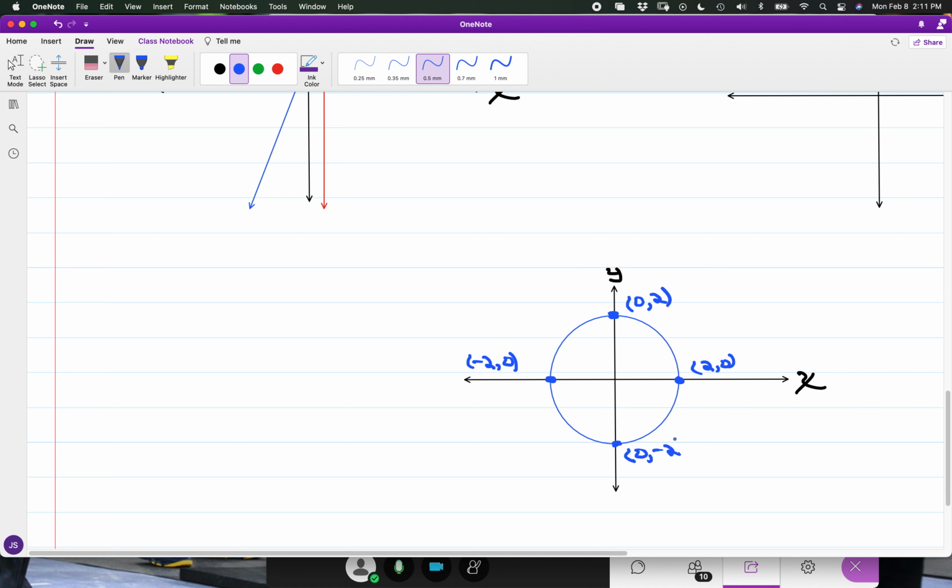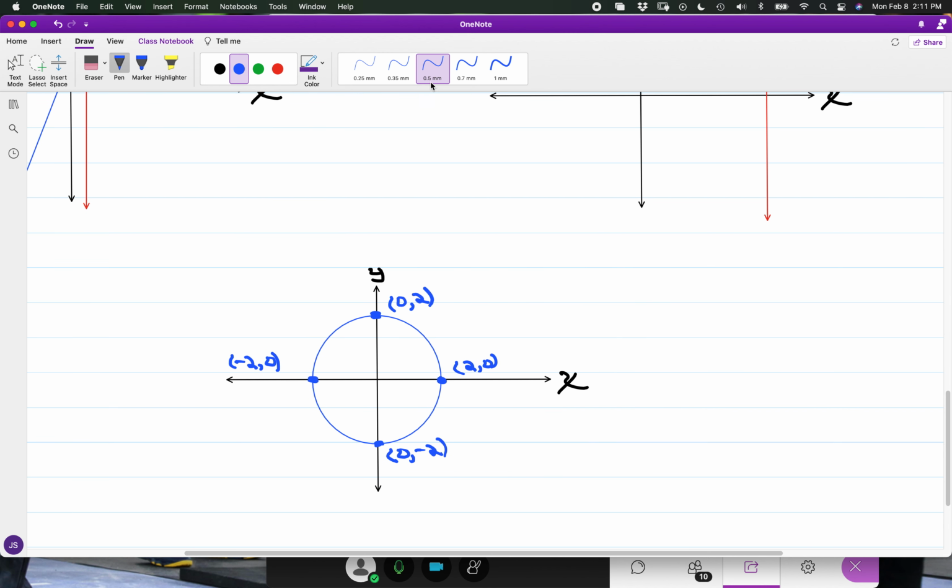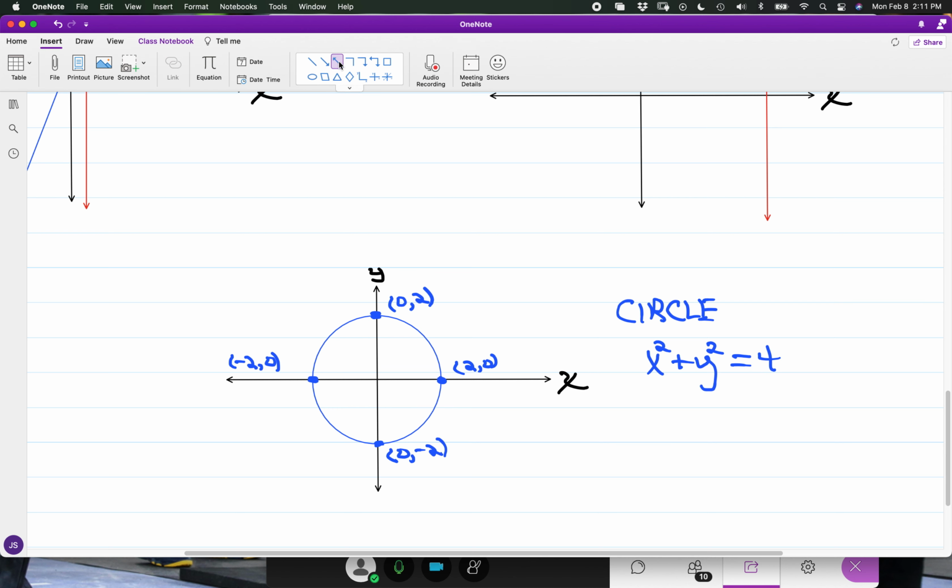So you have the center at the origin, and the circle is going to have a radius of 2. And we'll say that this will be represented by the equation x squared plus y squared is equal to 4. And to see if this is going to be a function or not, okay, so again, if I apply the